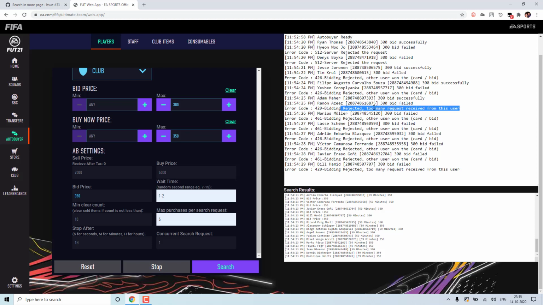So this got rejected from the server because we were sending too many requests. Okay, so that is the reason this bid failed. This one, someone else has won. So whenever you get a bid failure, you will get the error description as well. So it will be easy for you to find why this particular bid has failed.